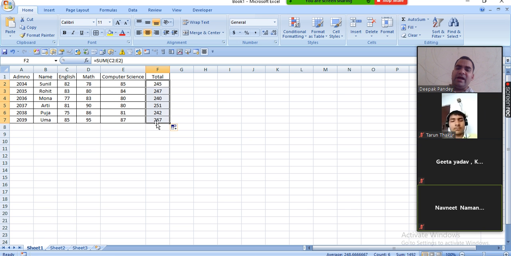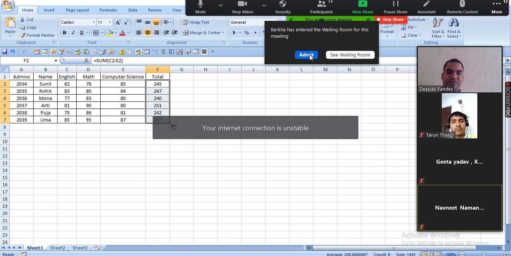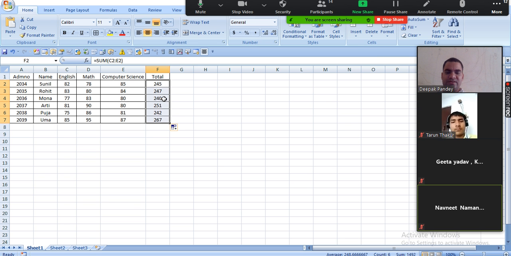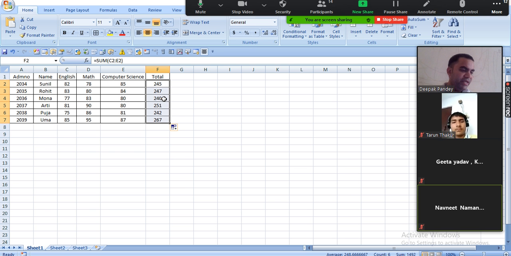I have dragged it, and this formula has been applied on all the cells. We need not write it again and again; just drag it out. AutoFill is the feature for that. So here AutoSum is completed.